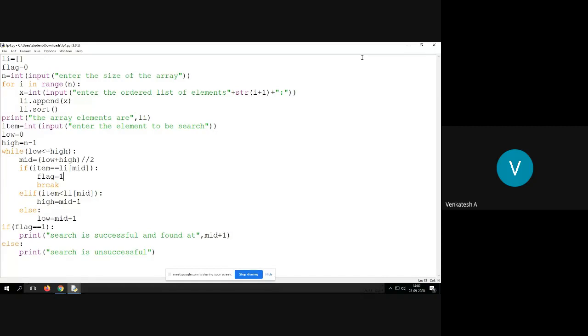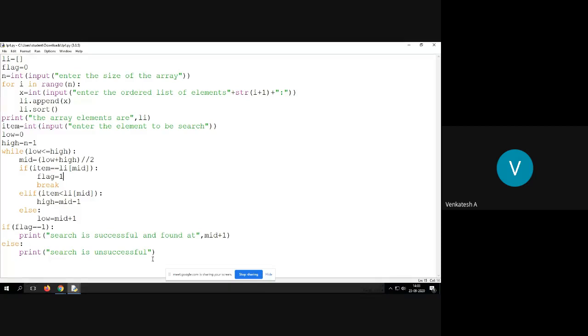Basically, binary search is a searching algorithm, and it is based on dividing the array. First of all, it assumes that all the elements in the array are sorted. If they are not sorted, before doing any searching you need to sort the elements of the array. Then only you can search for an element. First you sort the elements, then you call the first element the low position and the nth element the high position, then calculate the mid. How to calculate mid? Always low plus high, divided by 2, gives you mid.